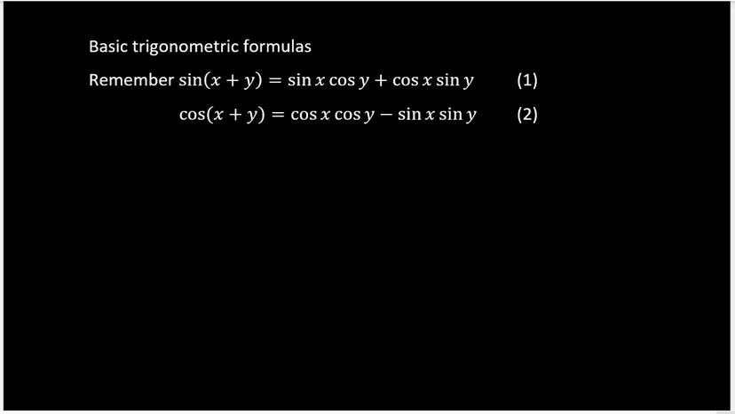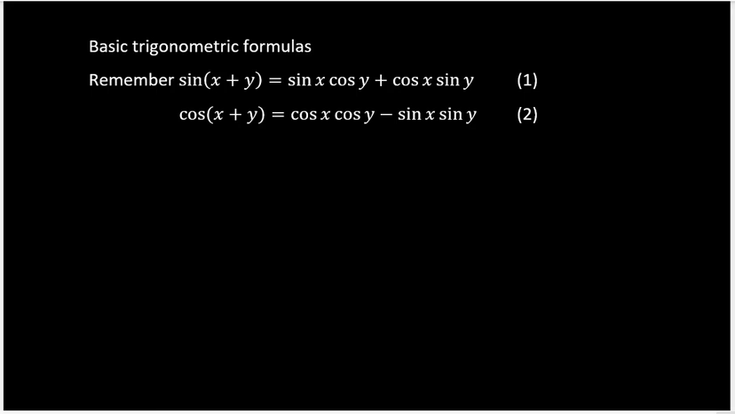Basic trigonometric formulas, we need to remember two functions. Sine x plus y equals sine x cosine y plus cosine x sine y. And the second one is cosine x plus y, which equals cosine x cosine y minus sine x sine y. You need to observe carefully when you are writing sine x plus y, you see the right hand side